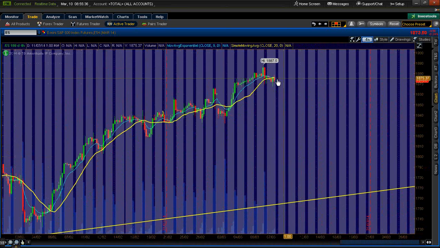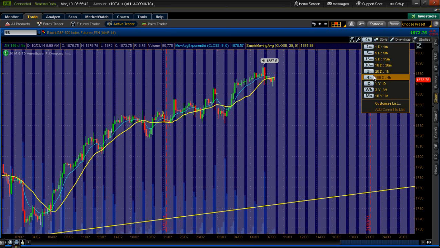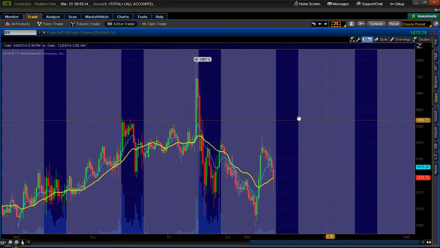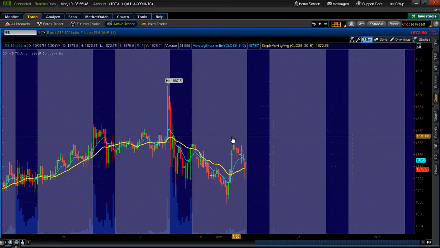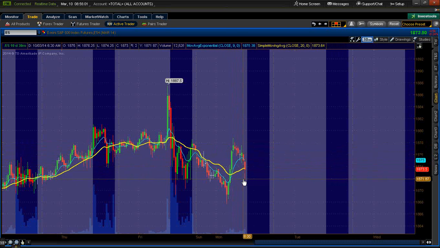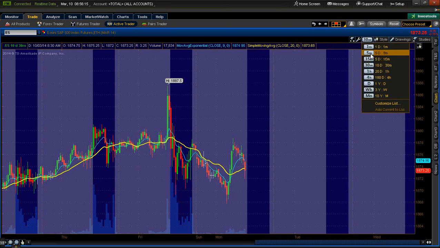You can see that we're going sideways on the 4-hour and consolidating up here, so there's no trend in the 4-hour. Going down to the 30-minute, we did create a beautiful tech gap, Mr. Sneaky, overnight. It's almost a FUBAR tech gap, Mr. Sneaky. There's the inside bar. We come down, close the gap, come down and test the 20 SMA, and currently we are trying to close below the 20 SMA on the 30 minutes. So we're basically in a consolidation. It's not giving us much information on the 30-minute either.